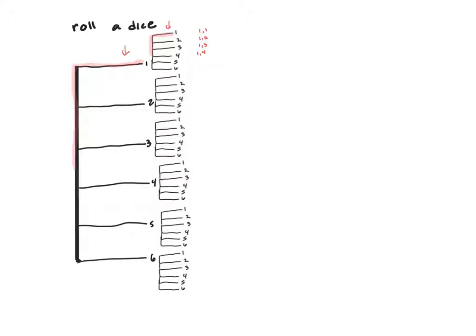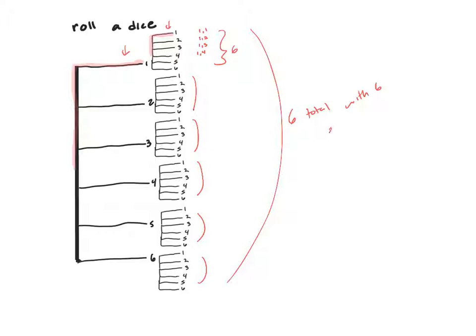so instead of listing them all out in my sample space, what I'm going to do instead is I'm going to go ahead and count them. And I notice I have 6 options in the top one. So there's 6 here. And then each of these has the same number of options, right? So each of these has 6 as well. And I've got in total 6 of them. So there are 6 total with 6 each, which will give me 6 times 6, or 36 options,